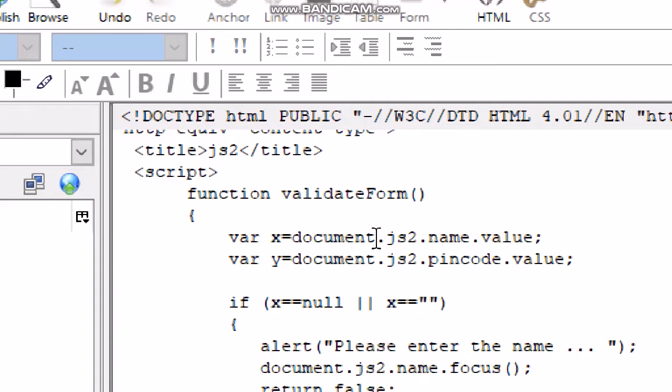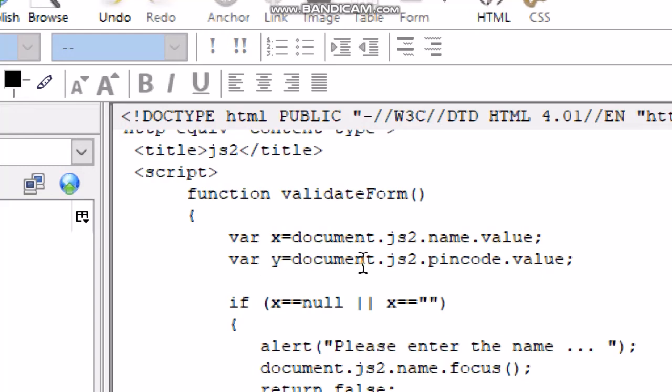Document is an object. Now we added variable y equals document.js2.pincode.value. This statement stores the value of pin code of form js2 in variable y.